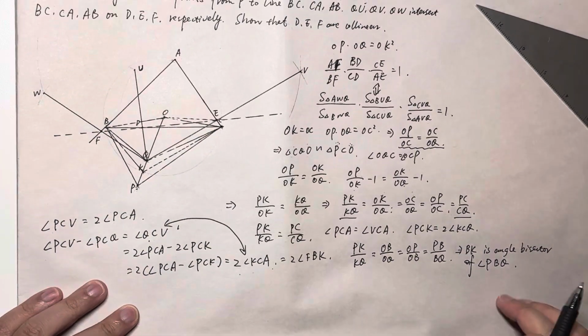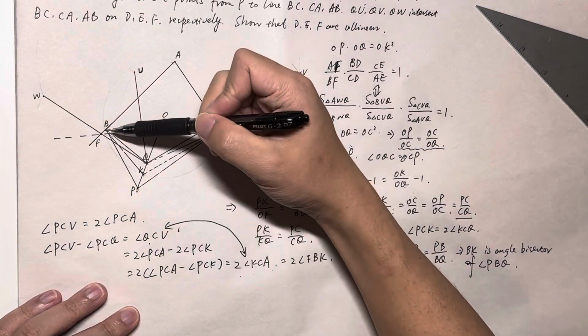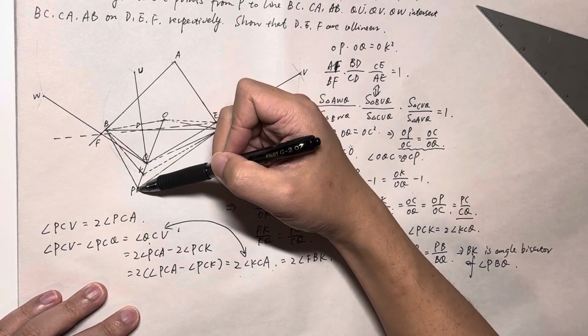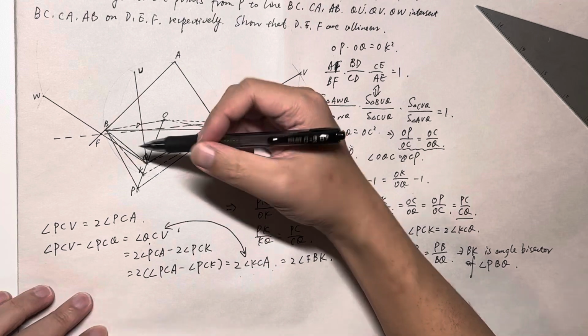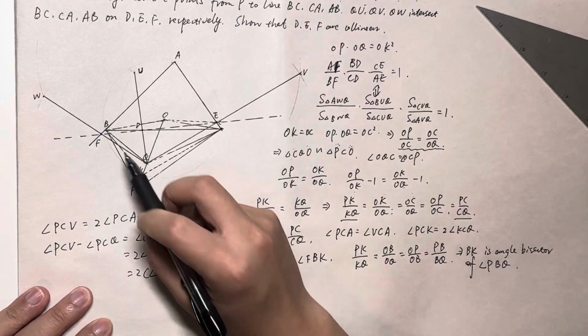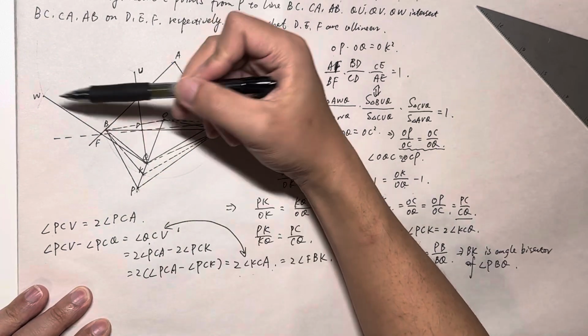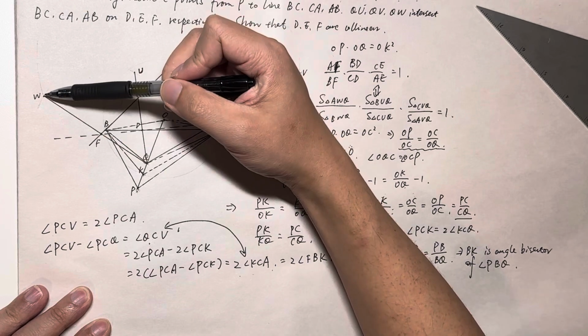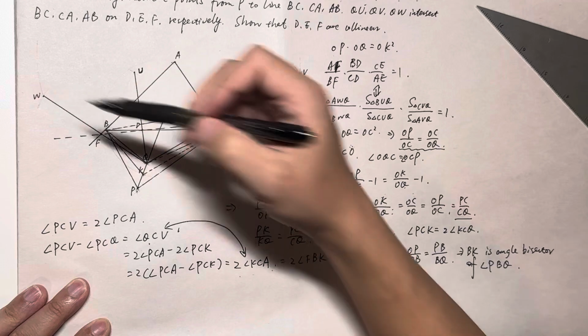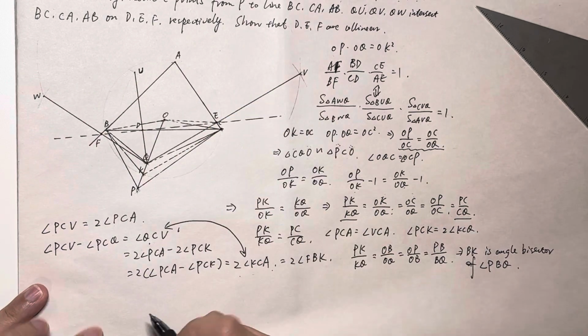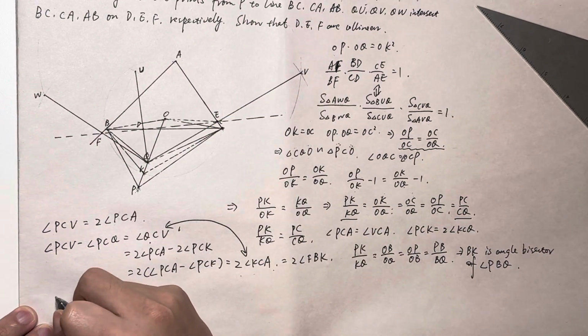Right. So we got that BK is the angle bisector of angle PBQ. So we already know that PBF would equal to WBF, right? Because P and W are symmetrical to AB. So we got angle